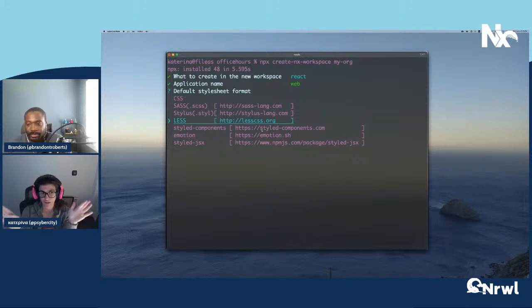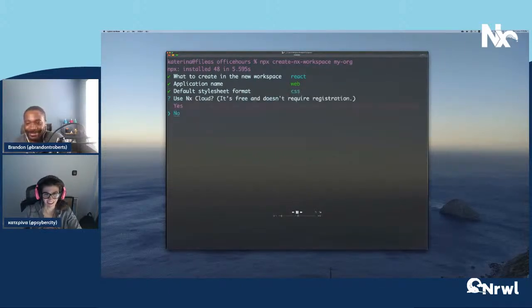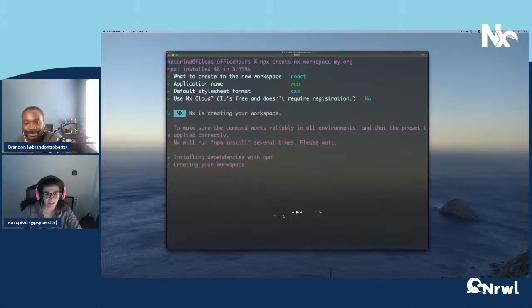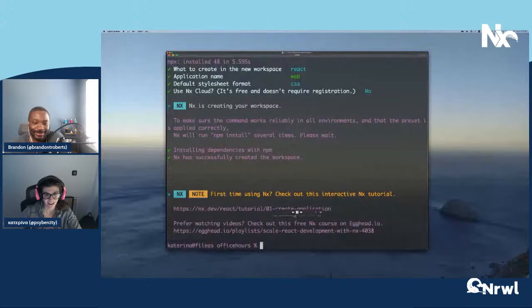I have not used styled-components much. That's okay. For this example, I think I chose CSS. Usually I choose yes, use Nx Cloud. I said no now. So it will install everything, and